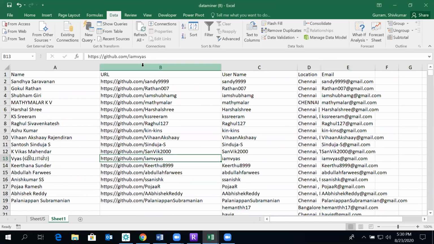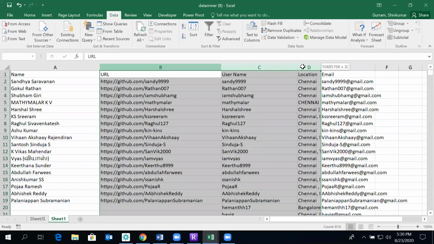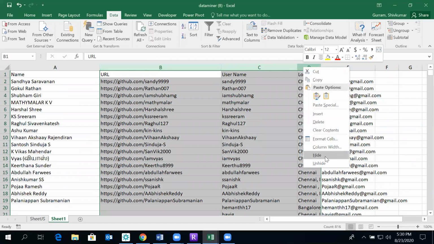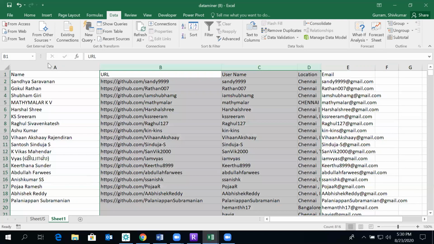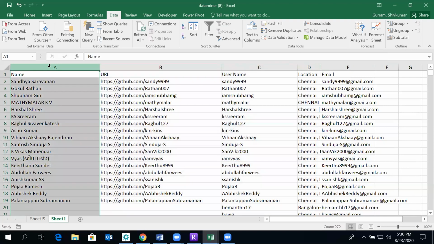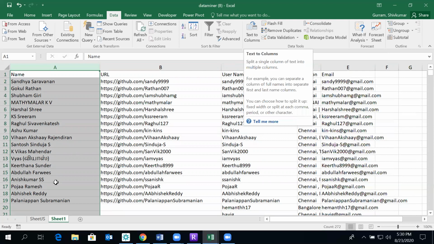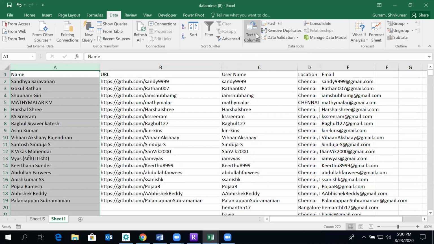So we'll just remove this user URL, location, and everything. Instead, in the second sheet, what we'll do is text to column so that we have their first name and last names.